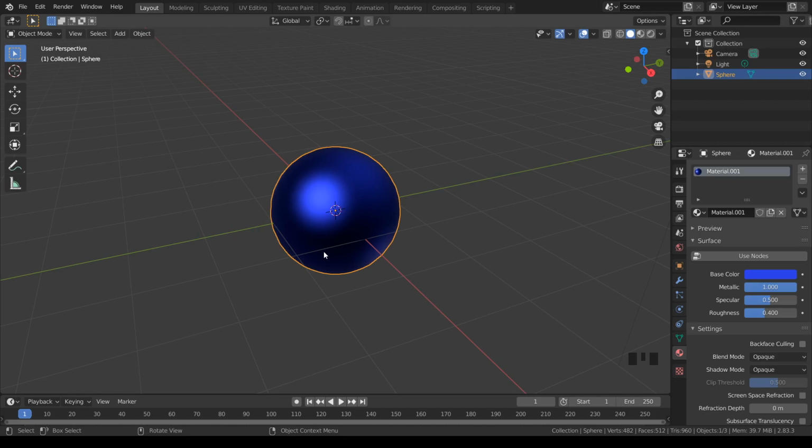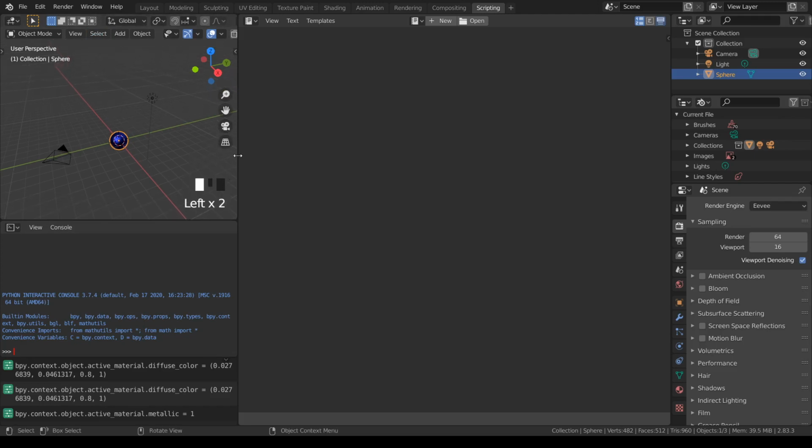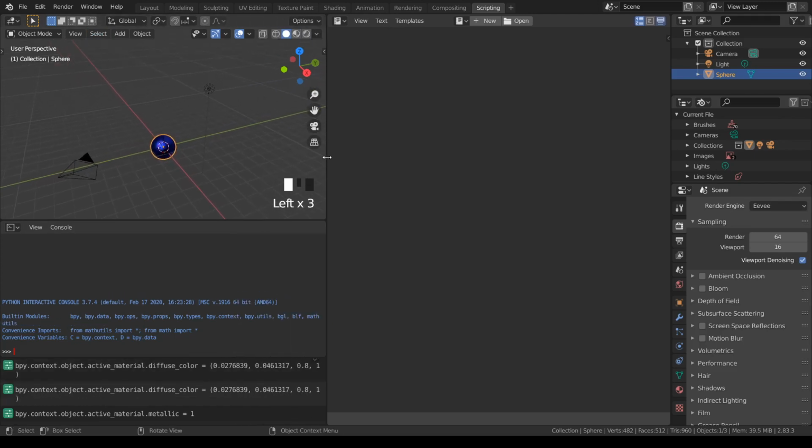Now for moving around in the given space, I first have to write down the script. To enable the script option, I will click on Scripting over here. Once I click on this, you will see my whole UI has changed. This larger part is your scripting space. This is your 3D viewport, which has been minimized. We will maximize it also because, as I've told you before, every part of Blender is expandable. So I make it a little small like this so I can see my view more clearly.